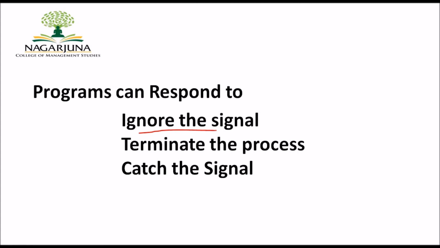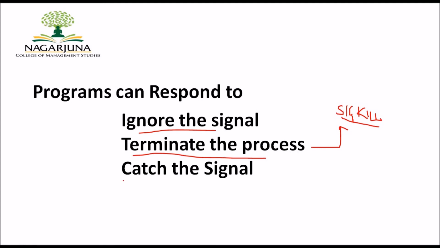Then the second way your program is going to respond is when you terminate the process. A signal can be set into a default state, and basically the default state to terminate your process is SIGKILL. SIGKILL is your default signal status. So whenever you want to close your program, it terminates the process just by invoking a signal called SIGKILL. And the last one is where your program responds to a signal when the signal is being caught.